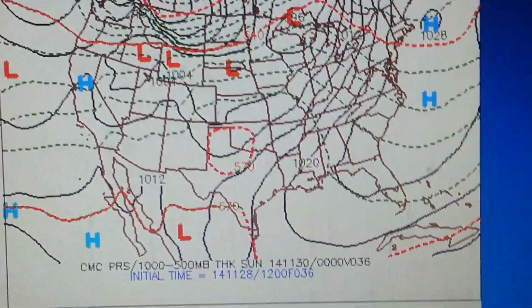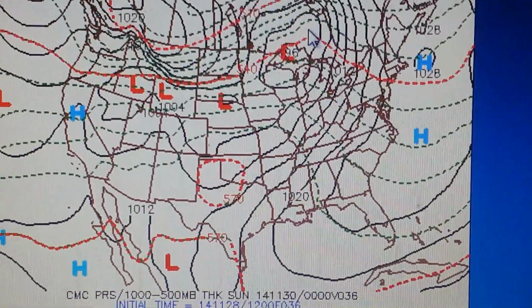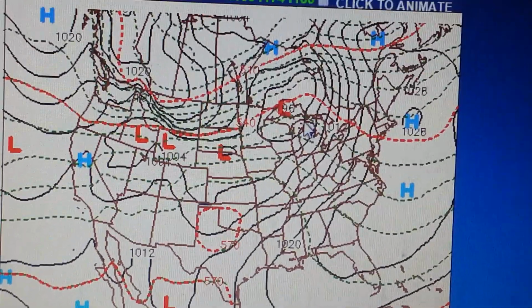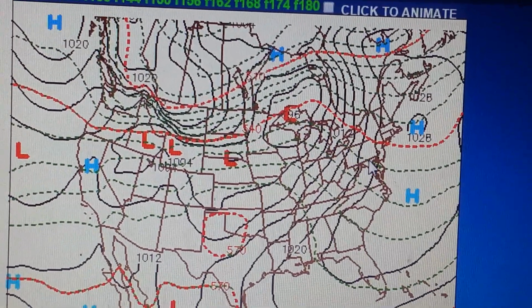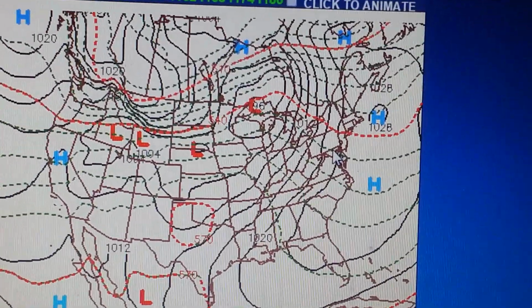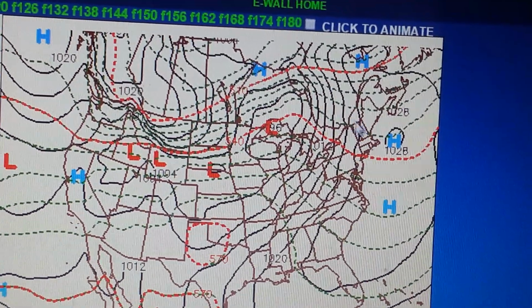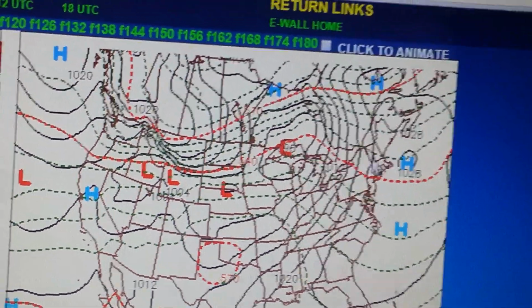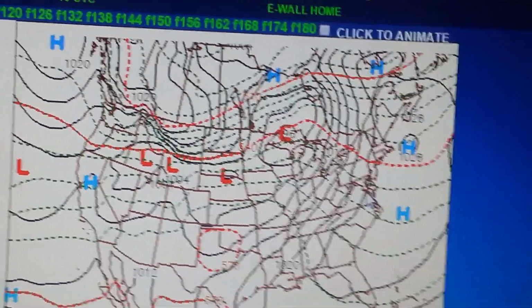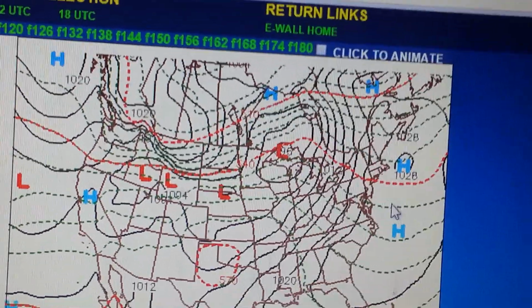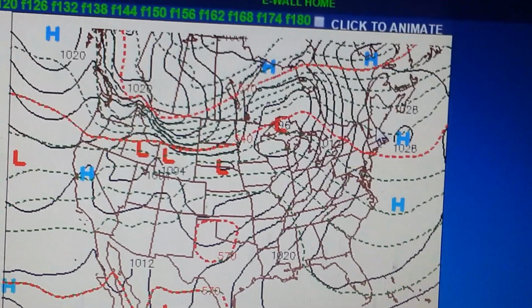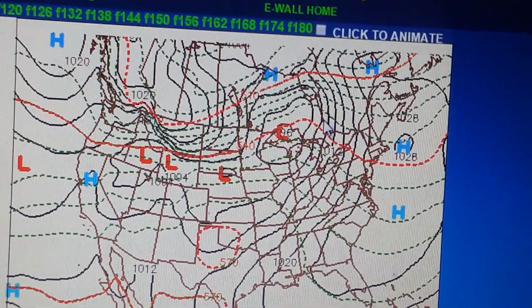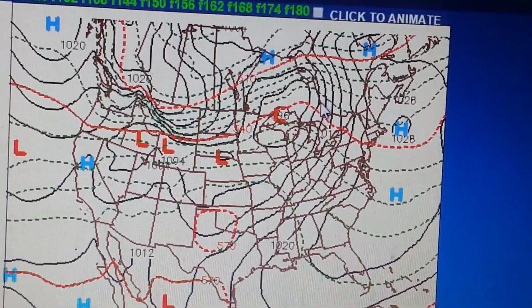Alright, so this is Monday's trough that we're going to get to. But you have an area of low pressure up over Wisconsin here, and there is a warm front trailing out ahead of it on Saturday afternoon. Obviously, when you have a high-pressure system moving out, you have warm air coming up, so that's creating a warm front out ahead of this low-pressure system here. So when you have a warm front move through tomorrow afternoon, or when you watch this video, it'll probably be Saturday during the day, so this afternoon,